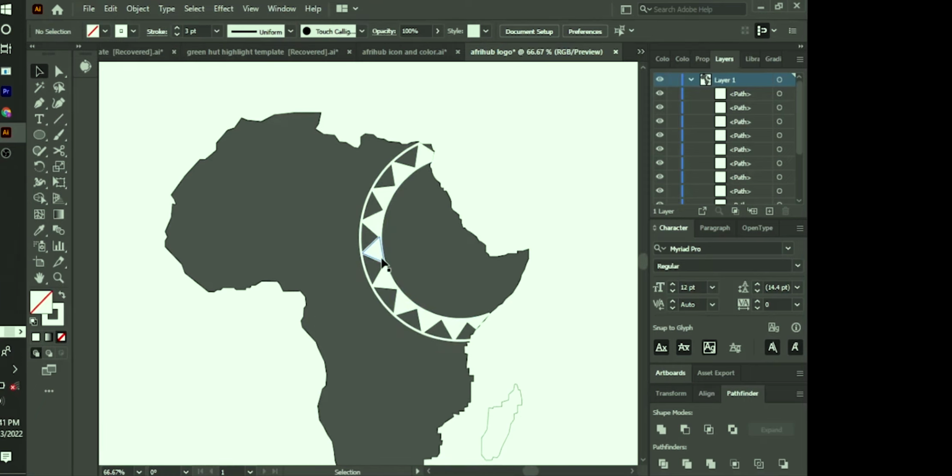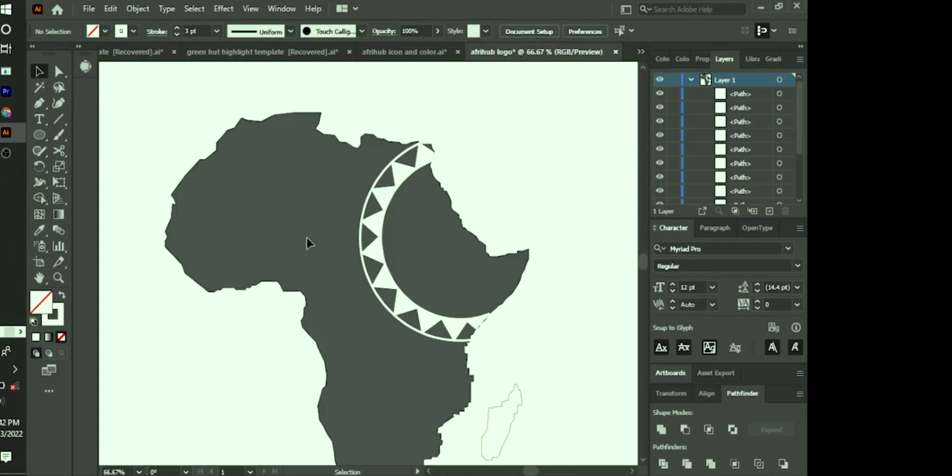This looks kind of odd. So what I want to do is cut this pattern through the background image. That is my African sketch. So I want this to not just be a drawing of it. I want it to be a cut through it. So how do we do that? Well, since this